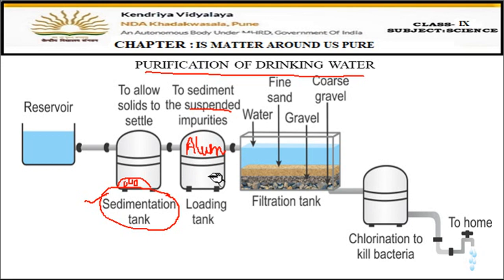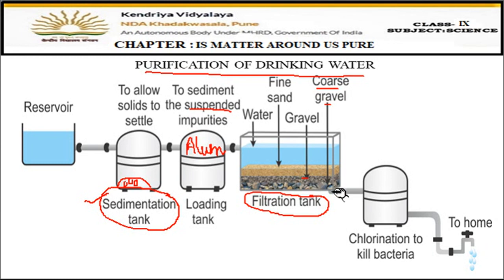After this loading tank, the water is allowed to move into the filtration tank, right? In the filtration tank you can see three layers here. The lowest layer is of coarse gravel, then above it there is a layer of fine gravel, and then above there is a layer of fine sand. So water is allowed to come into this chamber, and the water is filtered in this tank. When it passes through these three layers, all the impurities remain in these layers, and the water gets completely purified,